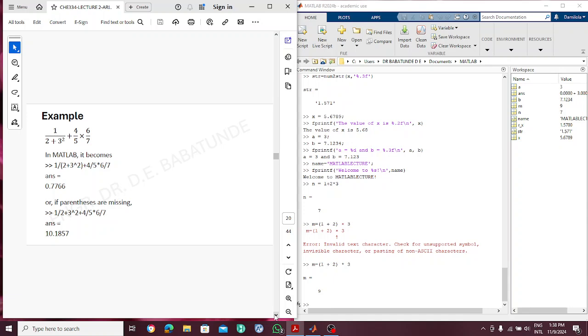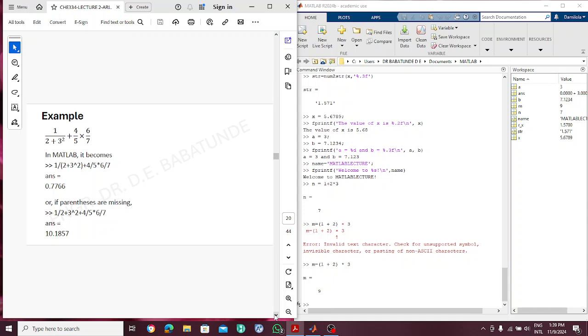So the right way to do this is to include 2 plus 3 raised to power 2 in a parenthesis, to enclose it in a parenthesis, even though that parenthesis is not visible, is not part of what was written. But the ideal way is to enclose 2 plus 3 raised to power 2 inside a parenthesis, so that MATLAB can know that those 2 items form the divisor for 1,